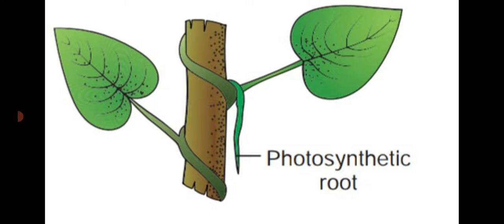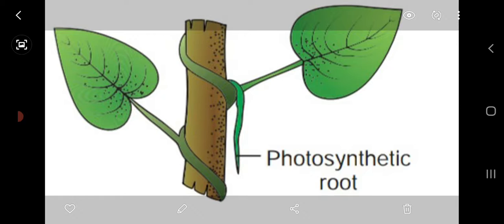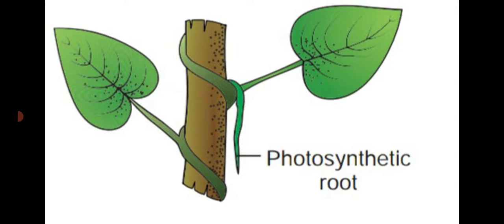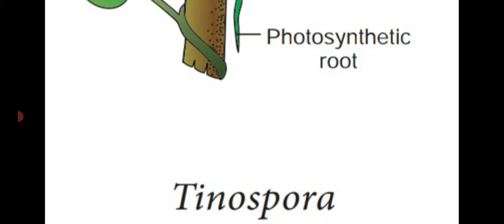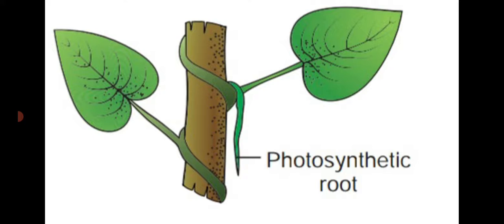In this picture, the green color is the climbing plant, which produces green color roots responsible for the photosynthetic function. These roots are known as photosynthetic roots. Example, Tinospora. Dear students, up to this we have seen the different vital functions and also the mechanical function and storage function